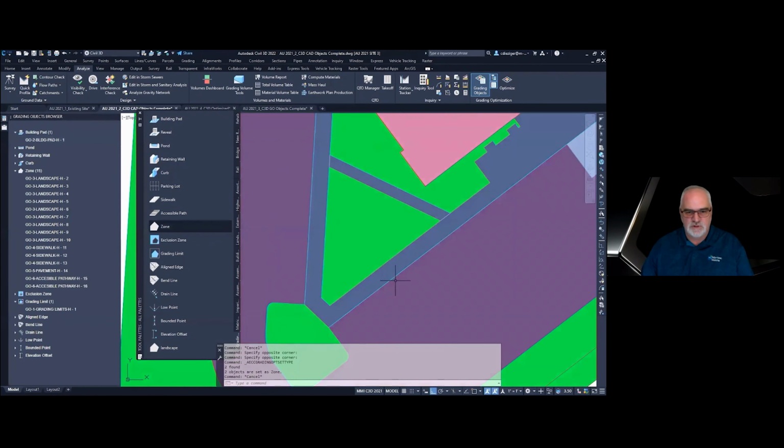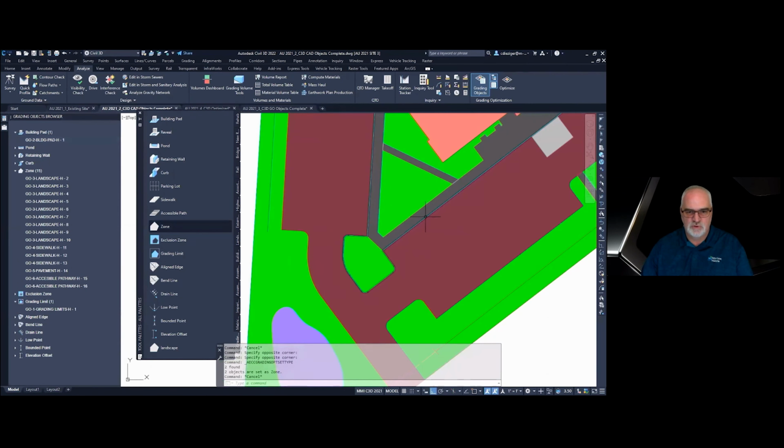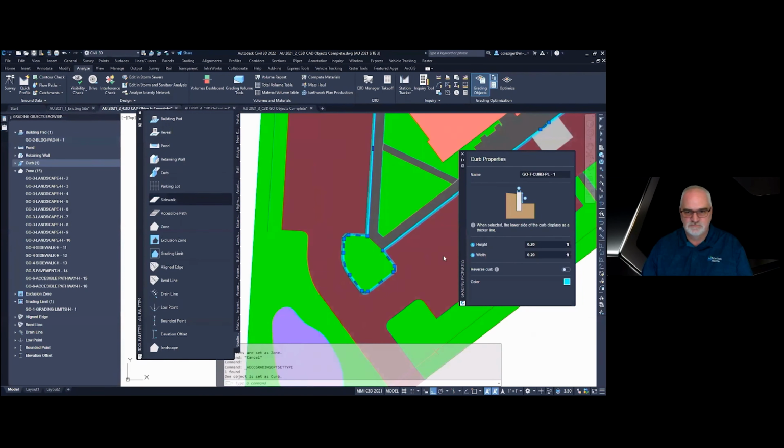Then you have what's called a curb. So if you select the curb line, which is this cyan color, and select curb, you have a couple different settings here that you can set. Now, if you have integral curb or catch curb, spill curb, any of that, you're not able to set all those, but you're essentially giving it a width and a height.